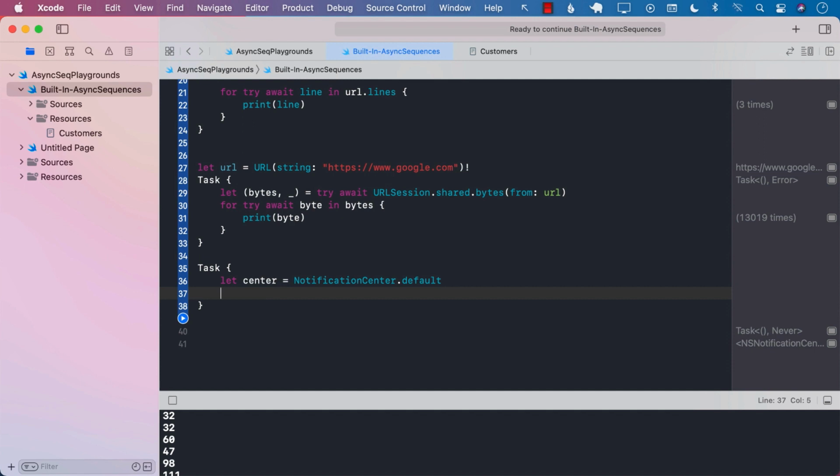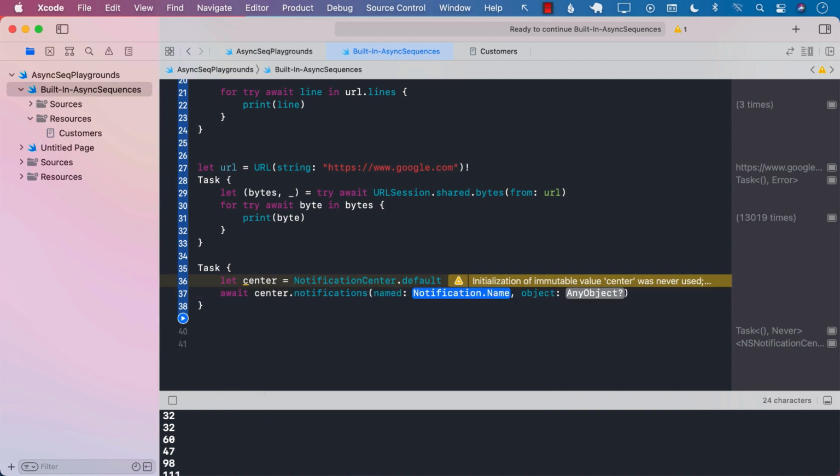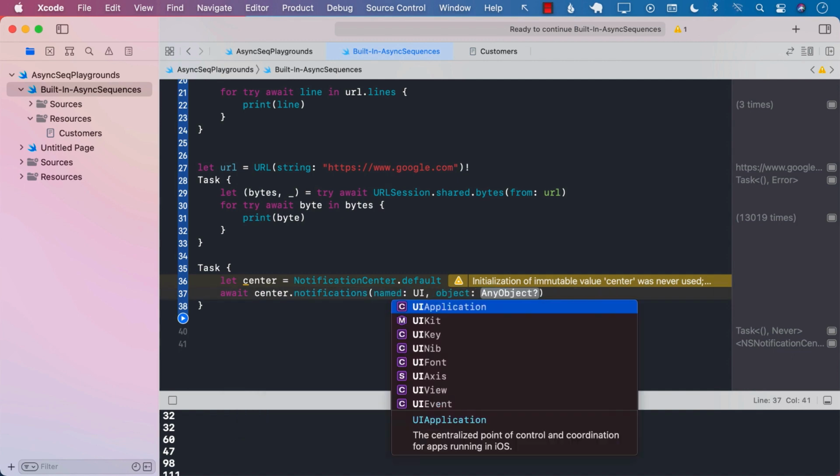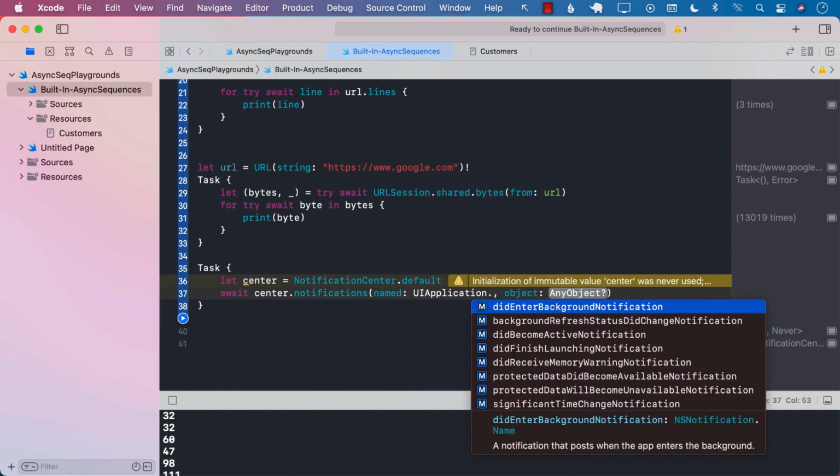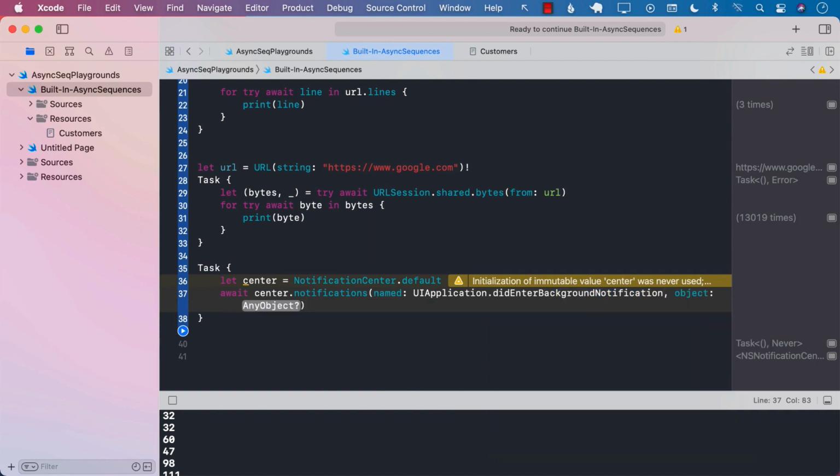And what we want to do with our notification is listen or wait for our first notification where a key is some sort of value. So we can actually do that now. We can simply await NotificationCenter.notifications. We will listen for a special kind of notification, which will be didEnterBackground, but you can listen to anything you want. And if that notification actually happens and we're waiting for it,